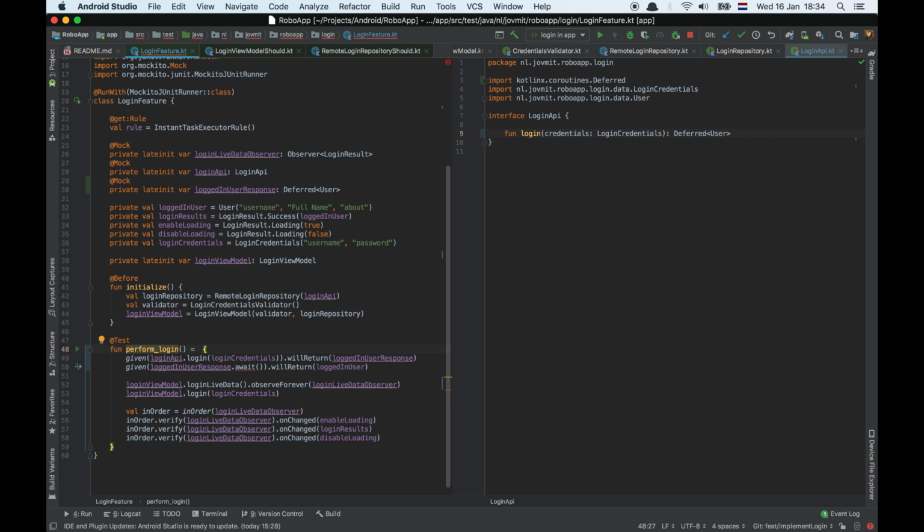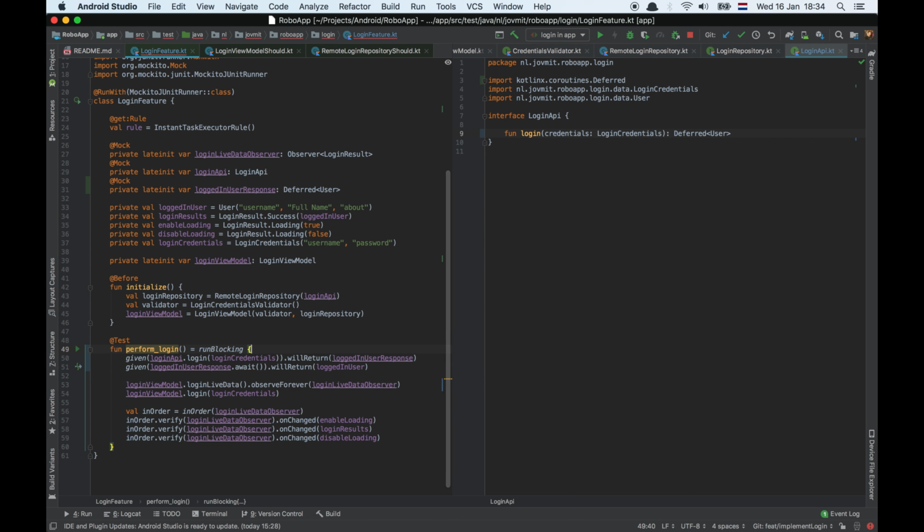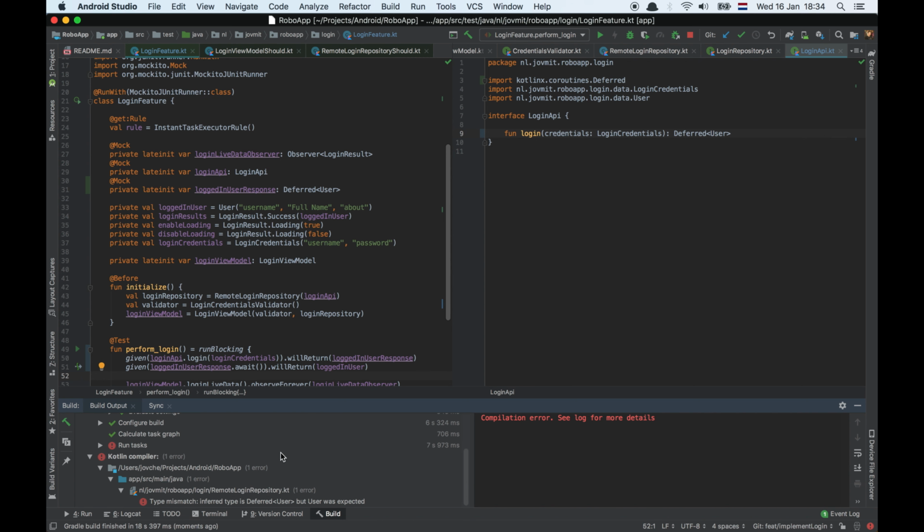However, because I'm calling an await here, I need to wrap this into a coroutine builder, which is something like run blocking that I can use here. Let's go ahead and run this and see what happens. Most probably we're gonna have another compilation issue, but let's work step by step towards making everything work. Yep, and it says that